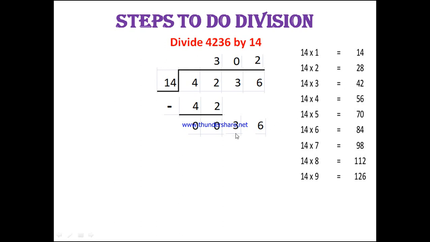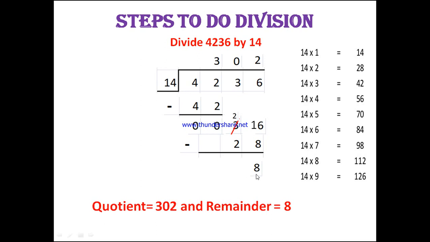Write that product 28 under 36. Now we are going to subtract. As usual we subtract from the last place, that is the ones place. From 6, can we take away 8? No. So borrow from 3. 3 becomes 2. Then give that 1 here, it becomes 16. From 16, if you take away 8, you get 8. Then 2 minus 2 is 0. So now we get the remainder 8. 2 minus 2 is 0, here also 0.